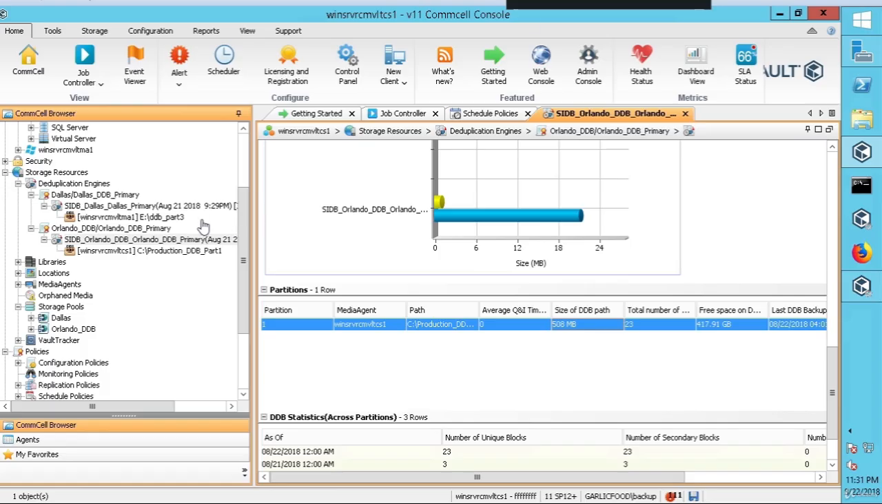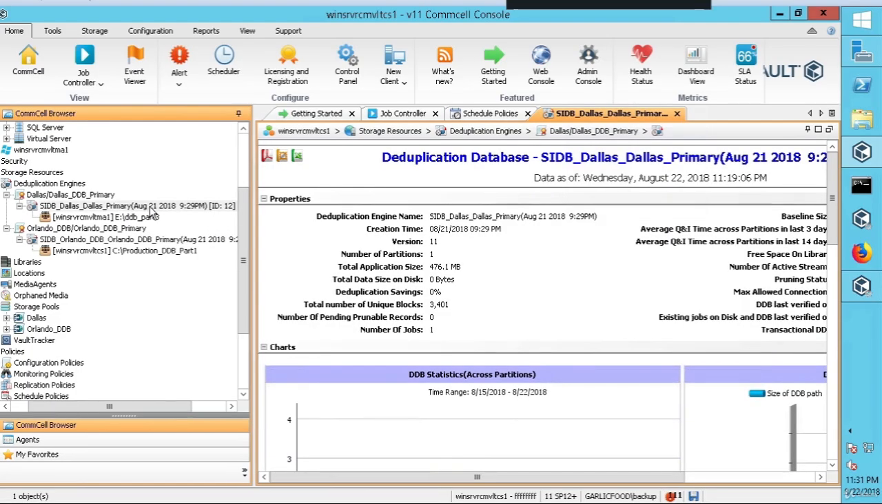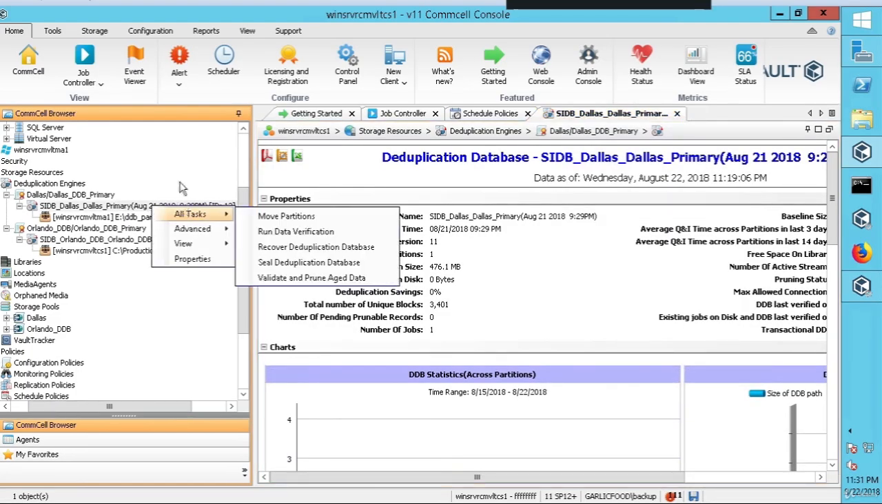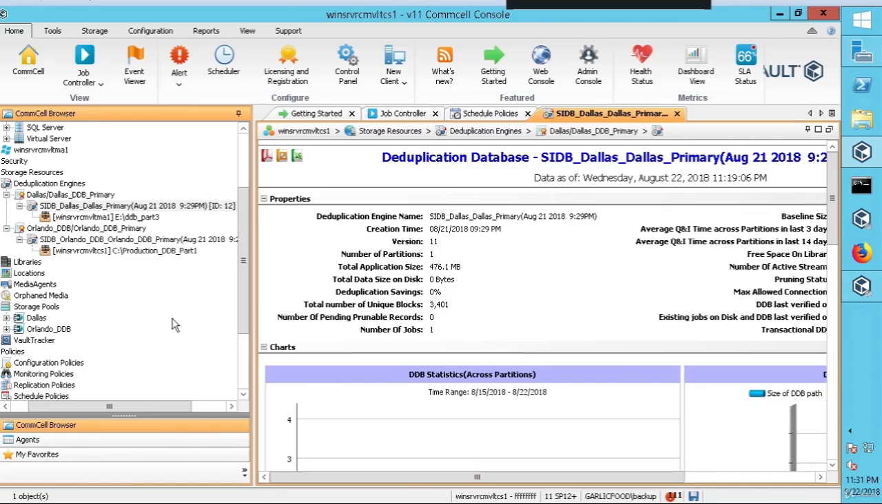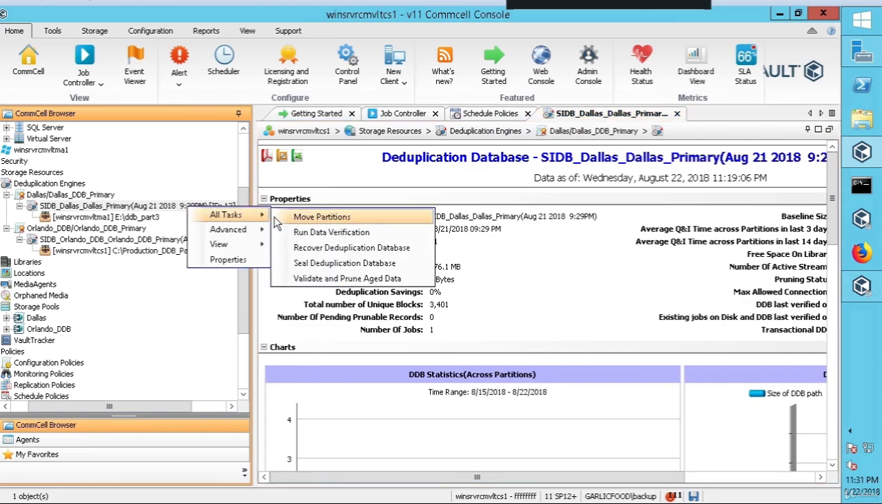So I want to take you through a couple of troubleshooting steps here and just give you an overview and an idea of them. So for instance, let's assume your dedupe database is corrupt. You're like, oh, what happened? I don't know. So the first thing you can do is go to view,